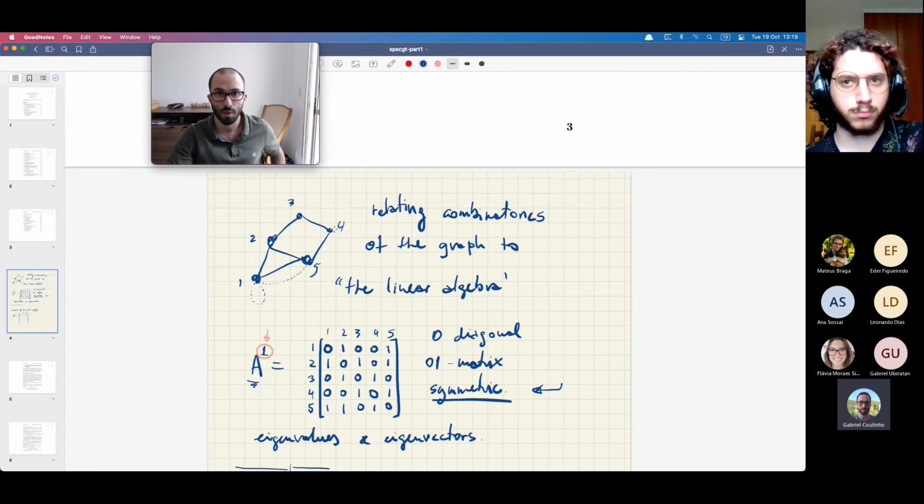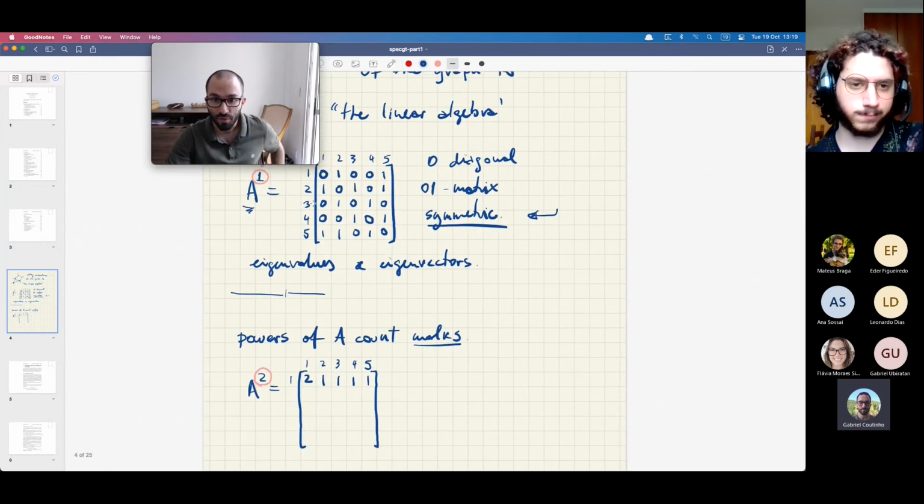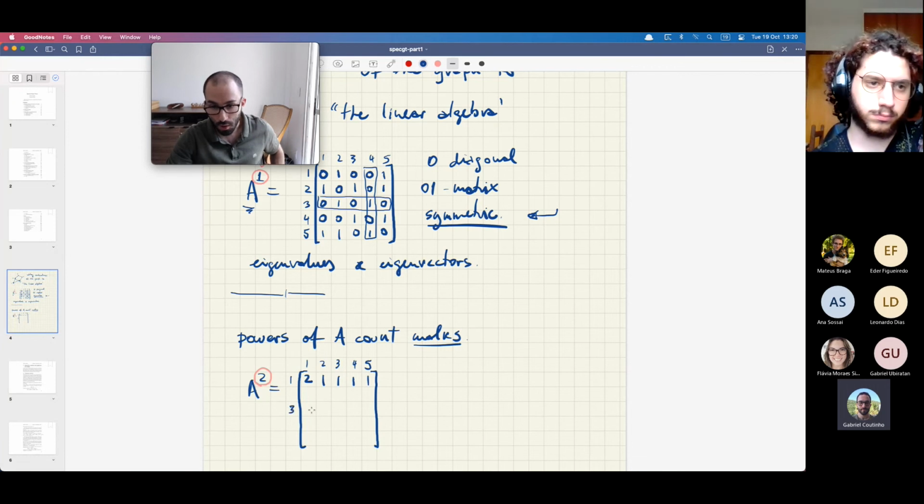So if you look at this graph, you will see that there is no way you can go from 3 to 4 in 2 steps. Because if you go to 2, then there's no way you can hit 4 now. If you go to 4, there's no way you can actually perform a step and remain at 4. And this is represented by the fact that if you multiply this row by this column, the ones occur in disjoint positions, and there is no common neighbor of 3 and 4, which would work as the middle step to go from 3 to 4. So if you perform this multiplication in the third row, the fourth column, the result is going to be 0.